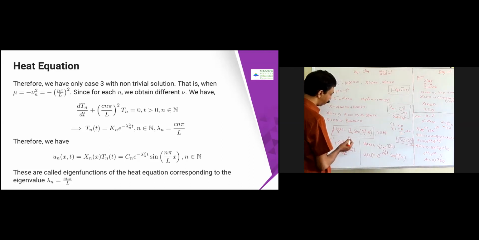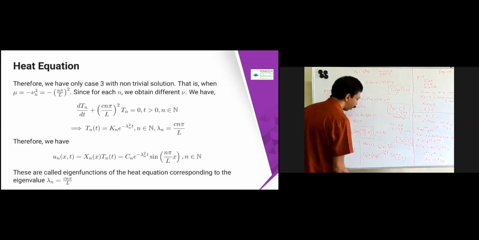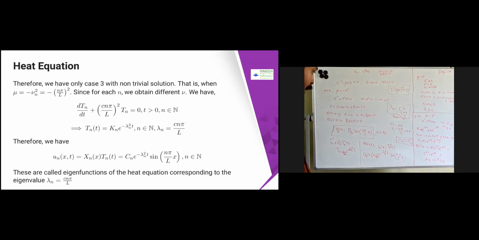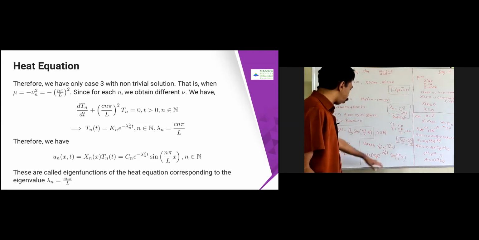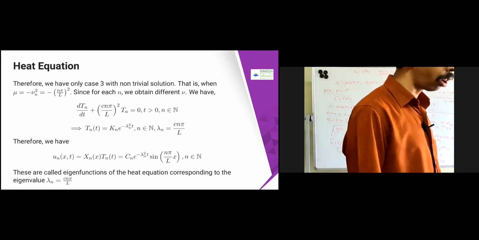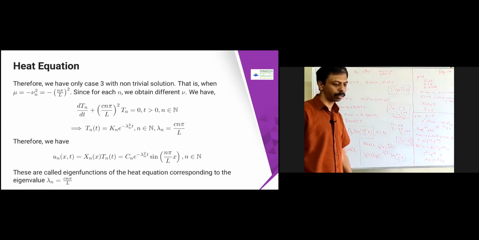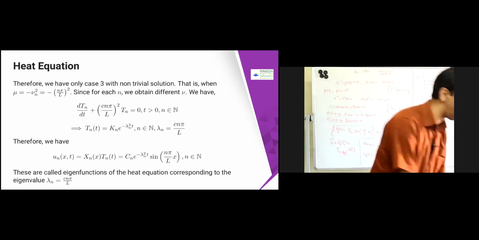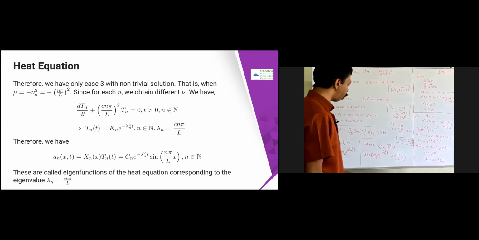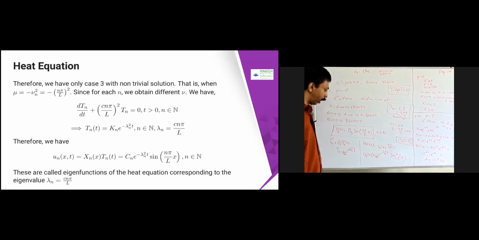Now we forgot one more thing. These constants are there: a n is there, b n is there. So I'm going to denote these two together as something like c n. C n into e power minus lambda n square t sin n pi x by l. So this is called eigenfunctions. Either you can assume c n equal to 0 or c n not equal to 0. Usually many textbooks assume that c n equal to 0, so that they just denote only this, without the constant, and call it eigenfunctions.